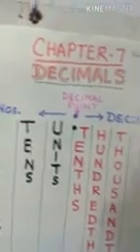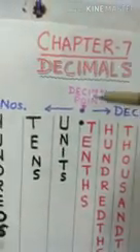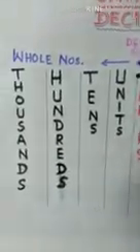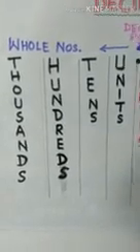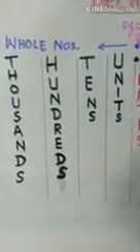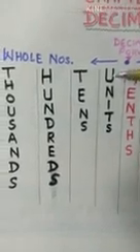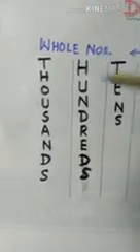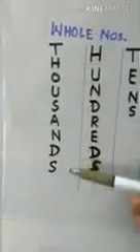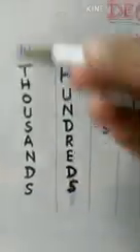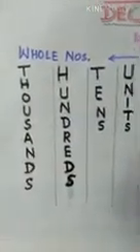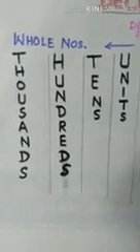Now look here again, my dear friends. Now see the chart here. I think you can remember the place values where you learned that all the whole numbers start from the extreme right-hand side with the units place, then you have the tens place, then the hundreds place, then the thousands place, and so on. All these places represent the whole numbers.